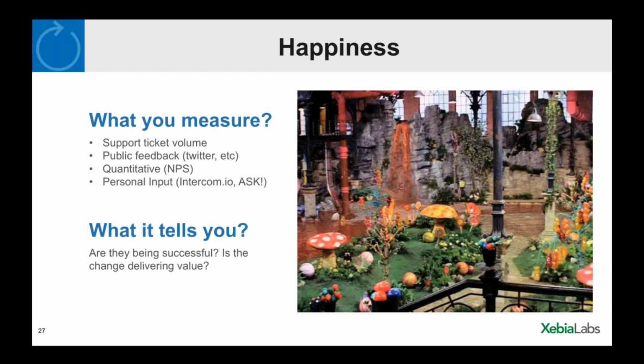Right? So if you're using Zendesk or using some other tool, integrate those statistics and those numbers into your continuous delivery dashboard as well. But there are other ways that you can put a barometer on happiness. Public feedback, so there's great tools out there that can look at Twitter or Facebook or other social media feeds to give you consumer sentiment or user sentiment if you have a publicly facing product. Use those metrics to integrate into your DevOps. So knowing that a release resulted in a spike of angry consumer complaints on Twitter, it's going to give you some good feedback on that.